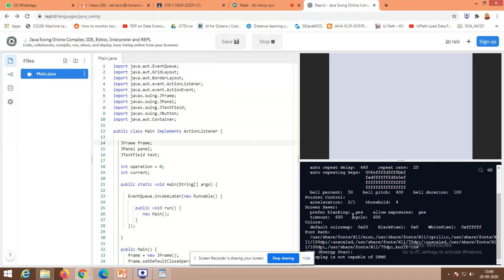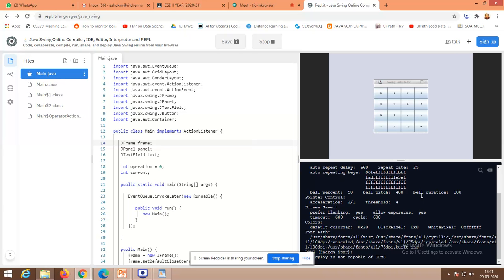Right hand side top corner. You will get this display warning only, it will try to allow. Right side top corner, the window will come. I think the size is small, so shall I increase the size?